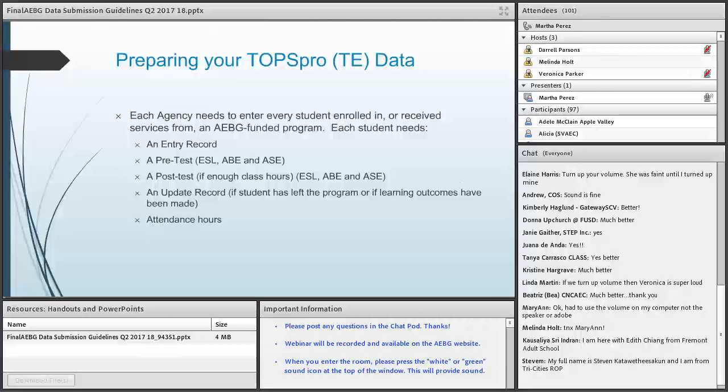So each agency pretty much needs to enter everybody who attends your program to receive any services from one of those AEBG funded programs.